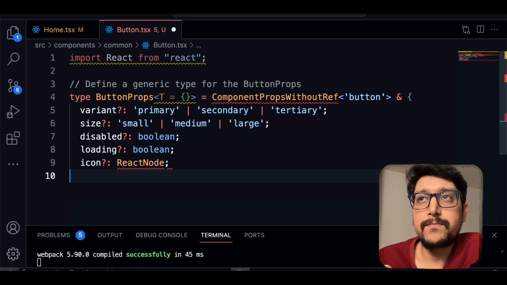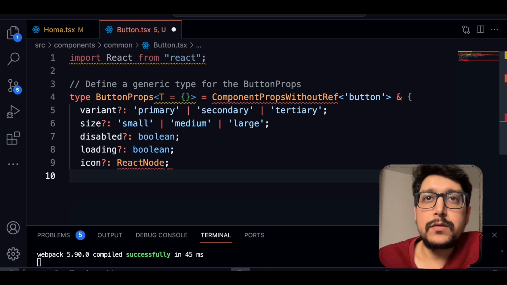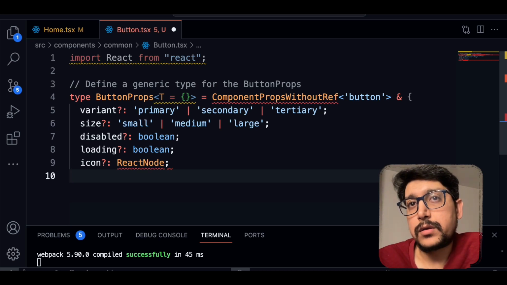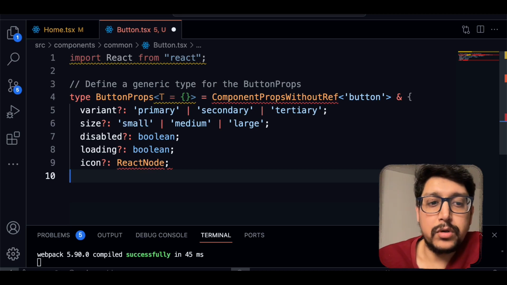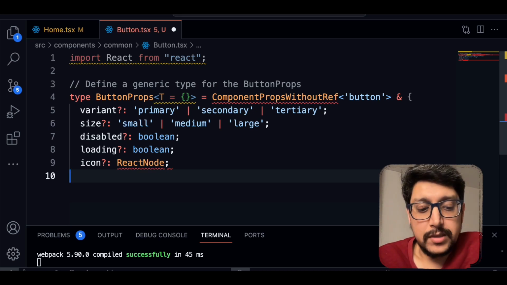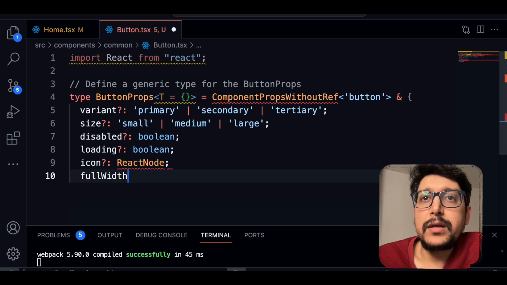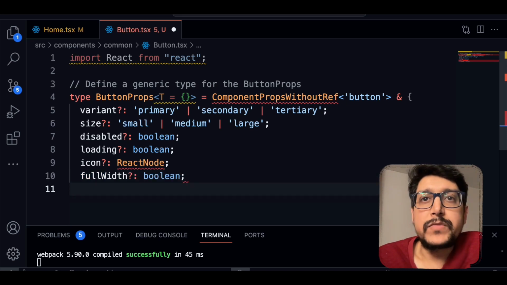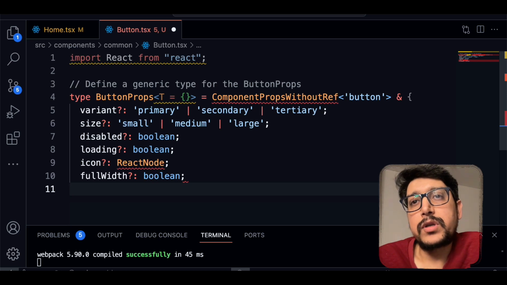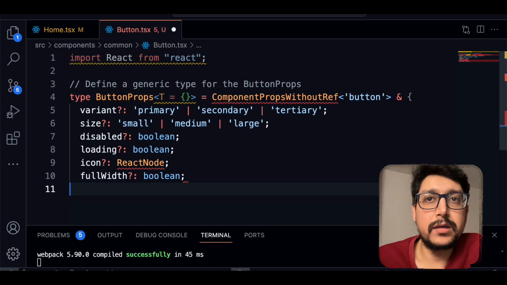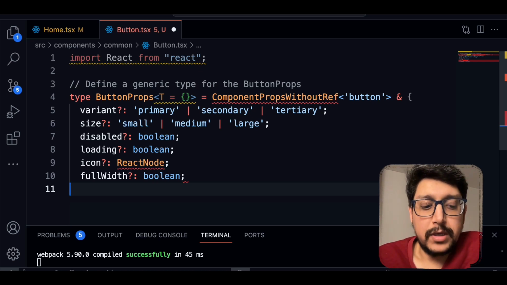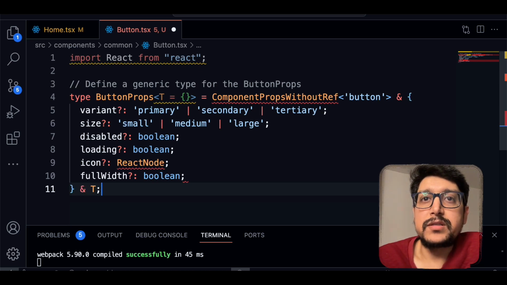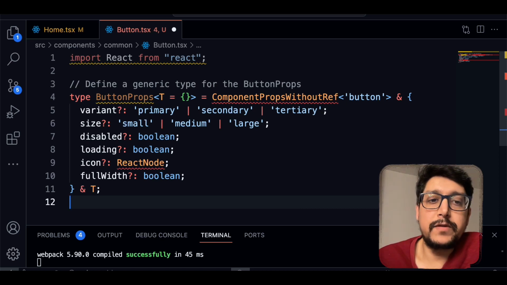It can be an icon for the button, but it can be an icon to just show you when it's loading. So it depends on how you want to have that logic applied. Then let's just add one other thing, which is full width. If we want the button to be full width in specific requirements, so that prop can be used for that. And now finally we can just end this component definition,